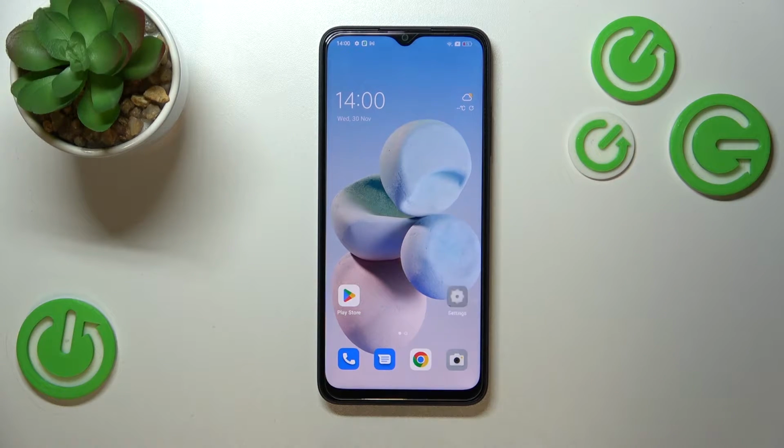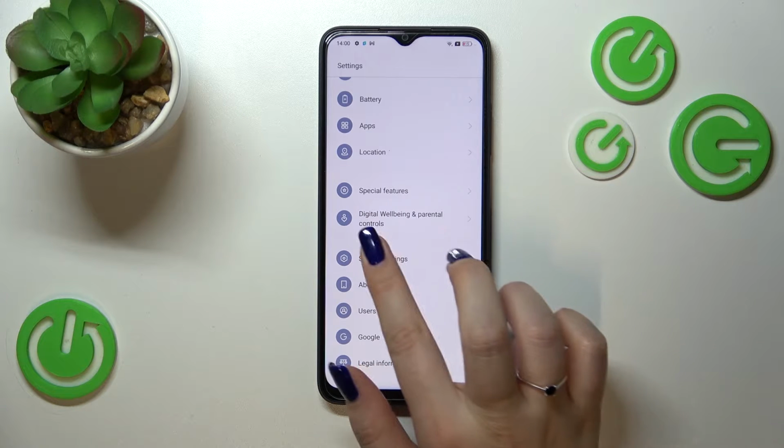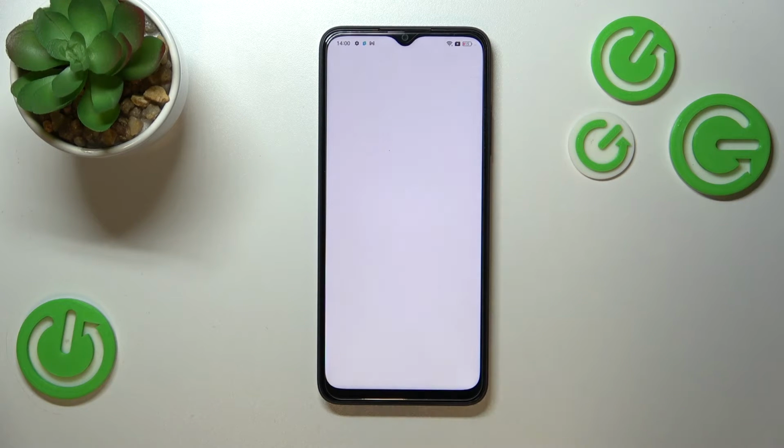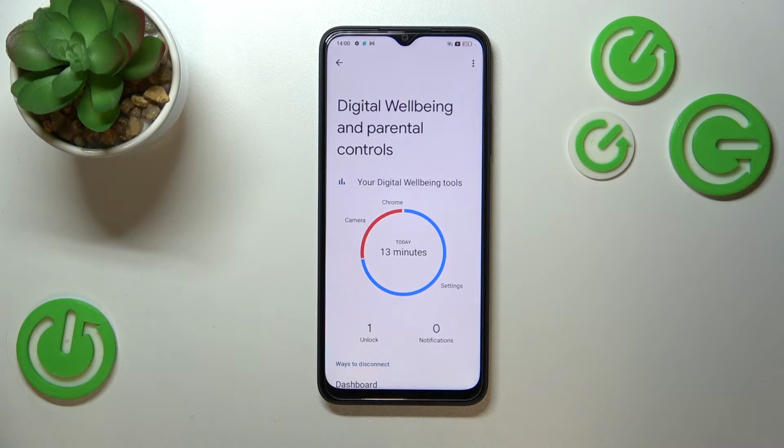So first of all we have to enter the settings, and now let's scroll down to the very bottom in order to find digital well-being and parental controls. Let's enter. And if you will open this option for the very first time, you will have to choose between the well-being and the controls. Of course, just tap on the first option, and later on you will be able to check the other sections,